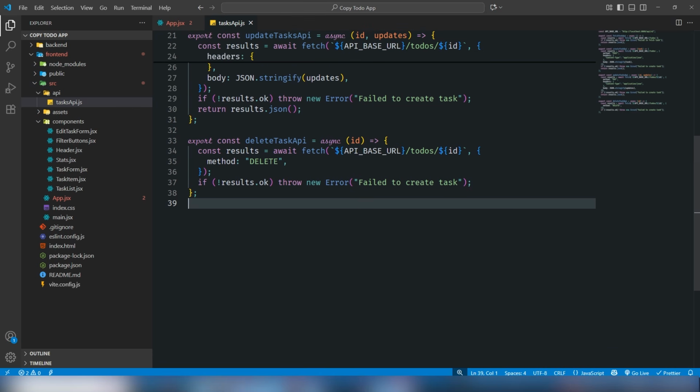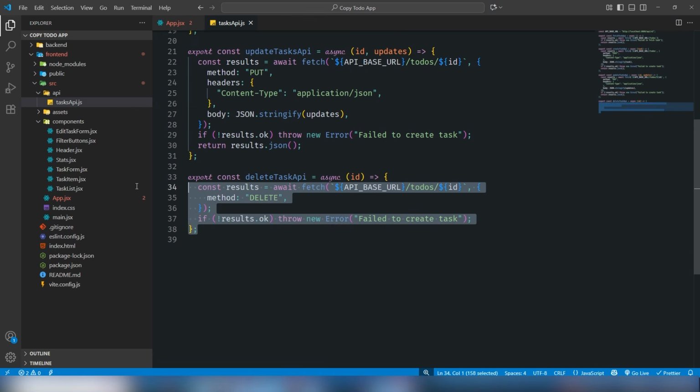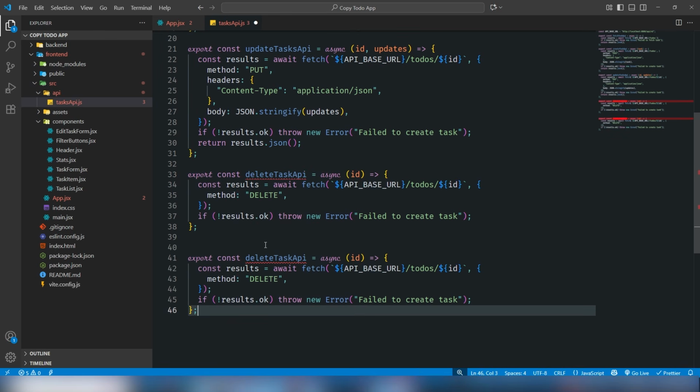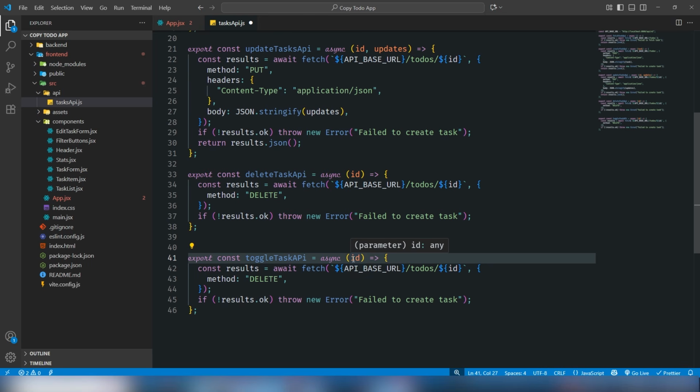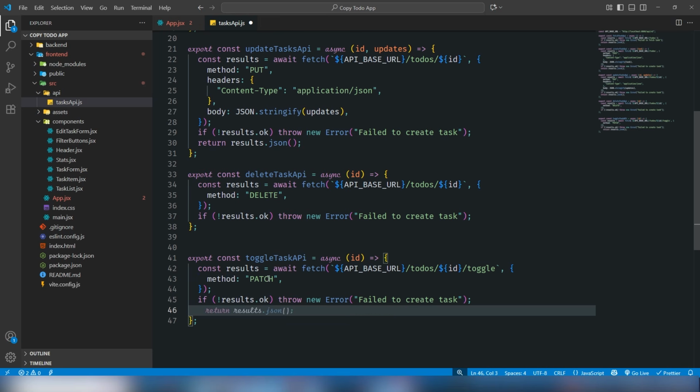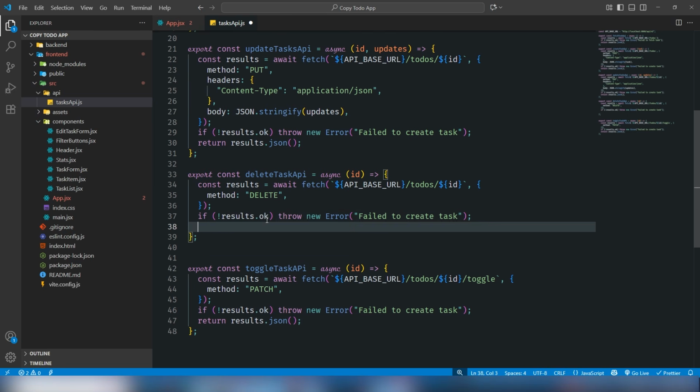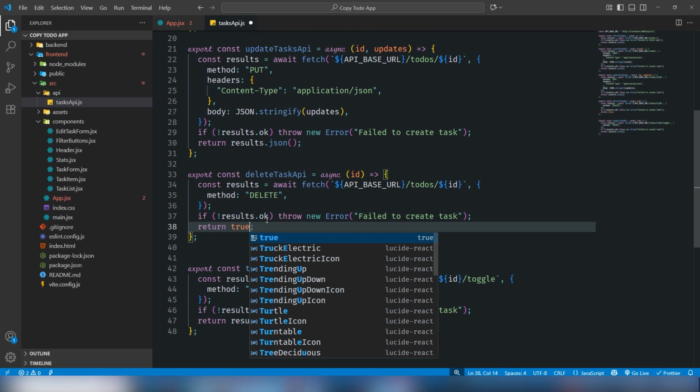The last function I would like to create that, which is toggle, means filter the checkbox and uncheck box. So this will be toggle task API, and same ID I'm going to pass it, but after the ID use /toggle. Method should be page, and the last thing I'm going to use it return result.json, right? And also I need to use the return inside there as well, because I need to get the return